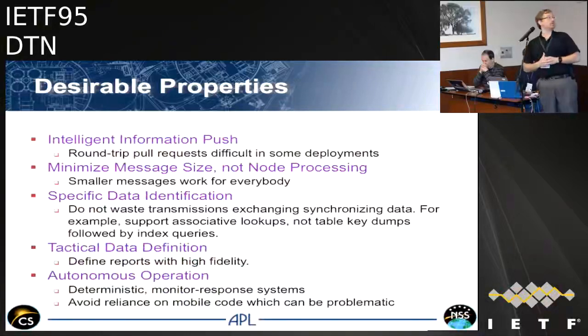I felt requirements was too strong a term for a first set. So these are those. The first is the intelligent push of information. We assume that round-trip pull requests in the style of SNMP are not sustainable and not a good idea in challenged networks in general. Networks that are either challenged by link layers in a DTN scenario, or where pull requests are challenged by operator cognitive load or by priority access to the available bandwidth.